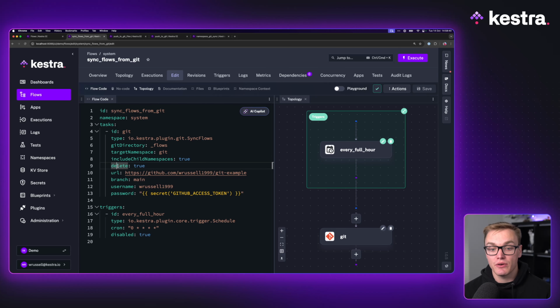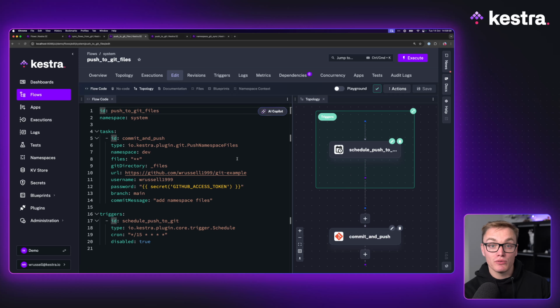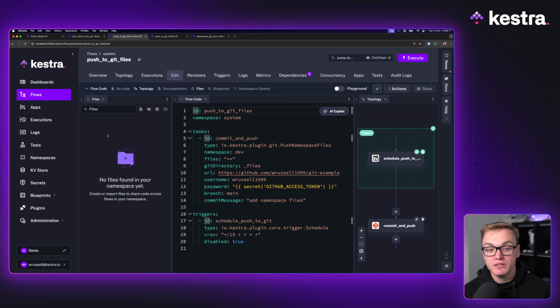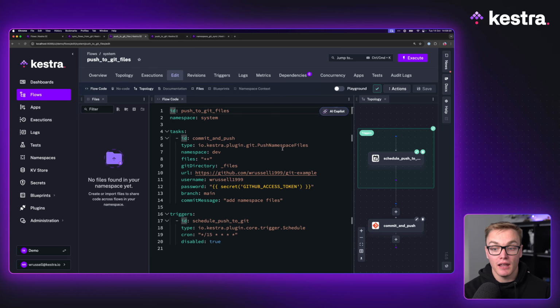So it's always going to match the source of truth, which in this case is Git. Now, we've talked about getting your files and workflows into Kestra, but we haven't talked about getting them out of Kestra. Now, if you are someone who finds yourself modifying files directly inside of Kestra for that quick building process, then you might also want to use a system flow like this one, which will push your namespace files back